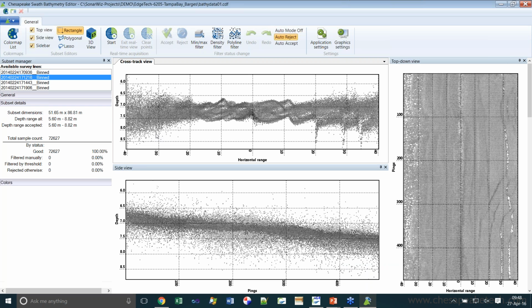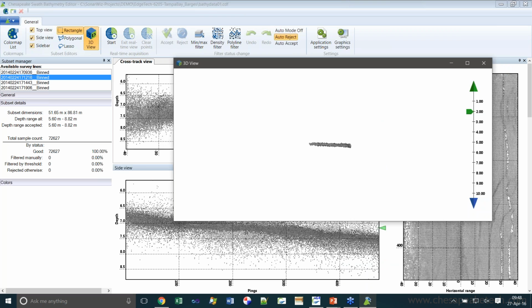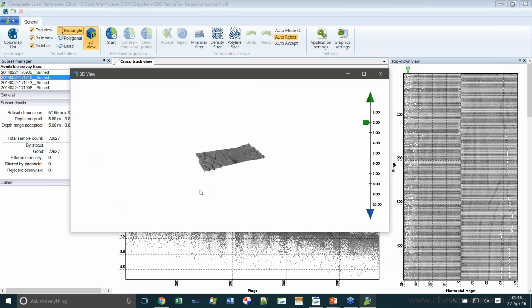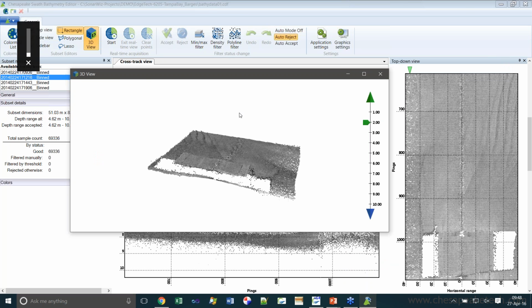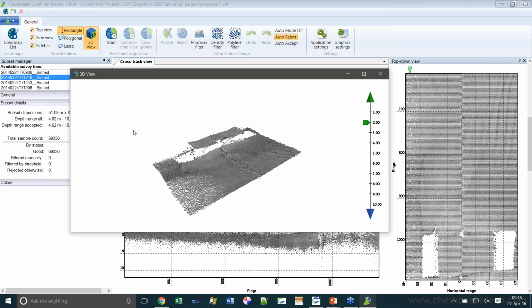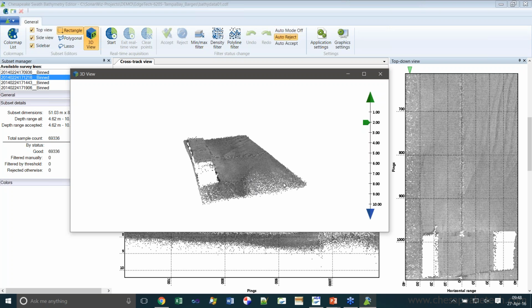Now we're looking at an across-track view, a long-track view, and a top-down view of this data. We can open a 3D window here. As we step through the data now, here's the barge. So now we have backscatter amplitude